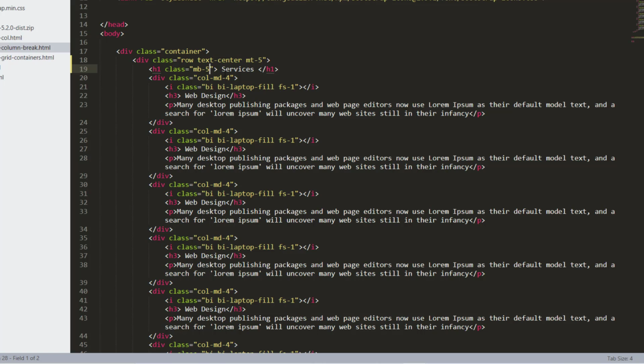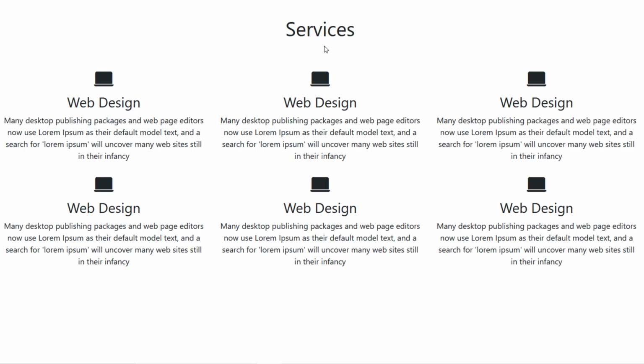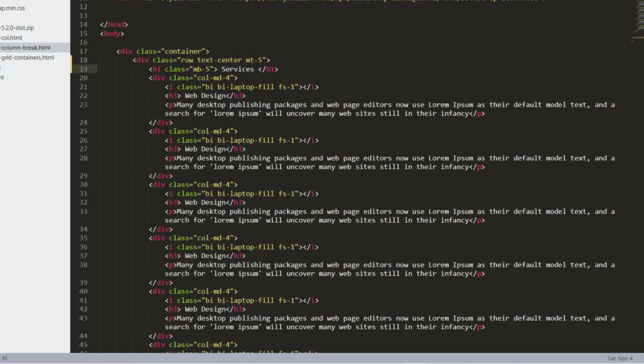Okay. So let's take a look at the structure. First we have container. Inside it we have row. Next, inside the row we have an h1, which is Services, which has a class of margin bottom of 5 units. For that you see a gap here. Next, here we have 6 services. Each has a class of